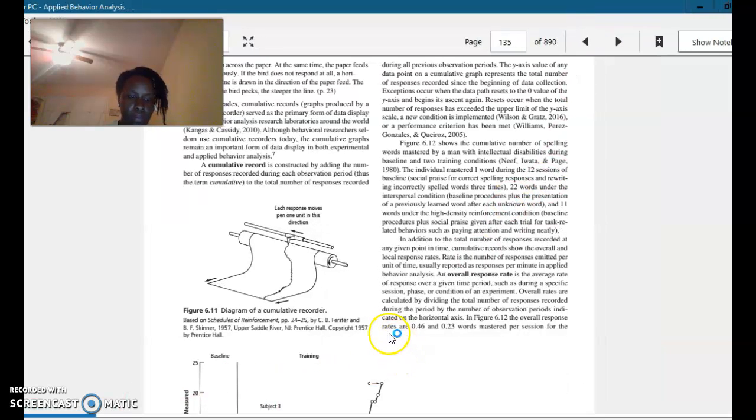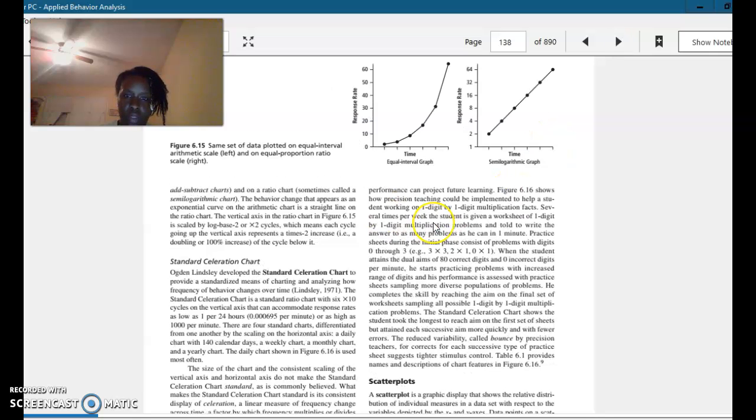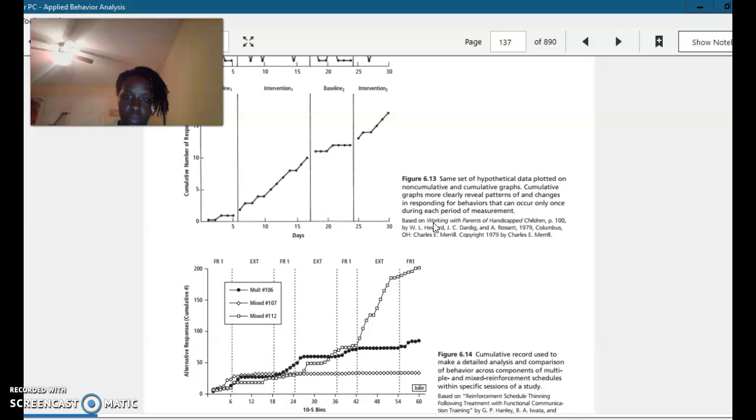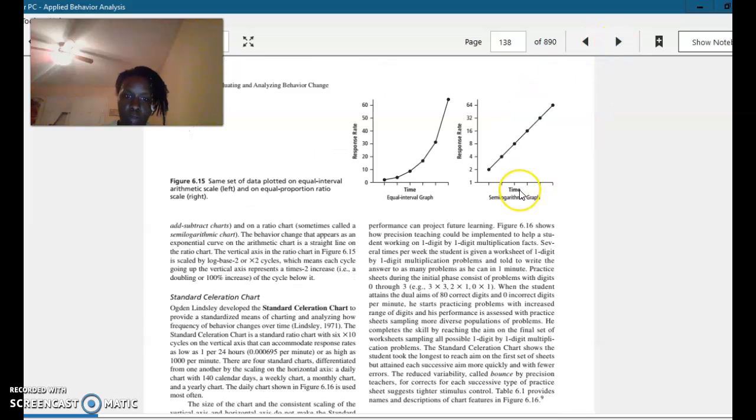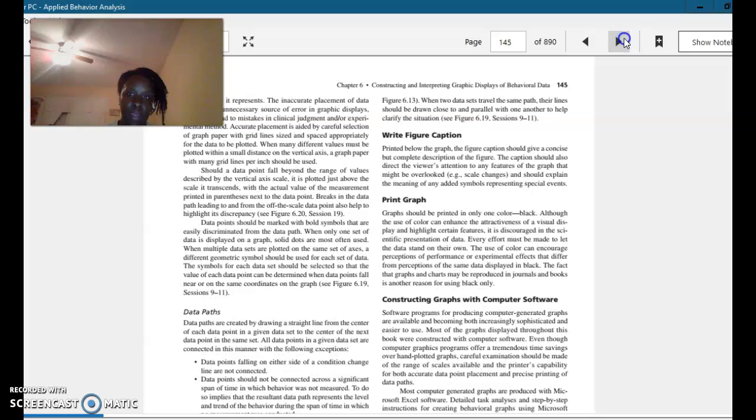Moving along, your other type of graph is your scatter plot, which behavior analysts also use. So basically we covered scatter plots, line graphs, and bar graphs. And last but not least, wrapping it up,